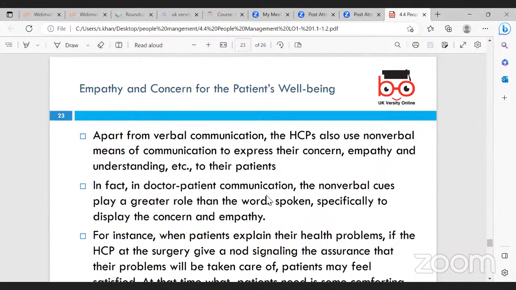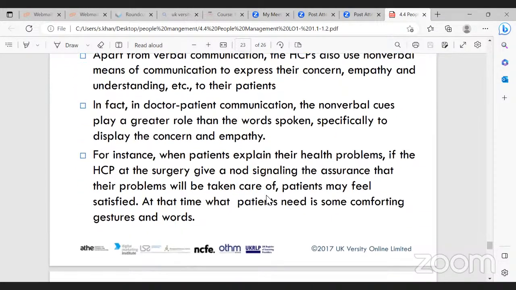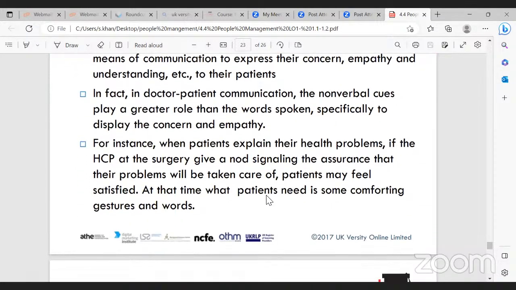Empathy and concern for the patient's well-being. Apart from verbal communication, the healthcare professionals also use non-verbal means of communication to express their concern, empathy and understanding to their patients. In fact, in doctor-patient communication, the non-verbal cues play a greater role than the words spoken, specifically to display concern and empathy. For instance, when patients explain their health problems, if the healthcare professional at the surgery gives a nod, signaling the assurance that their problems will be taken care of, patients feel more satisfied